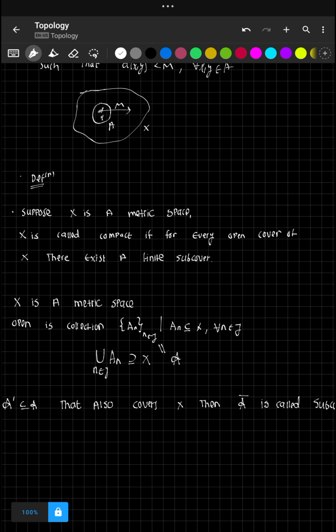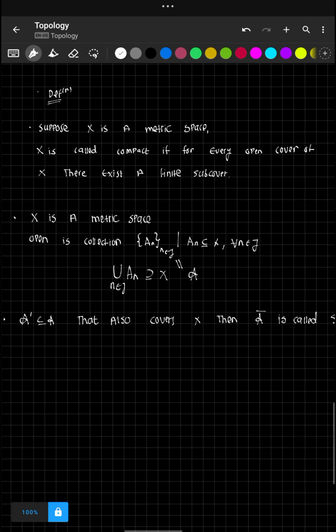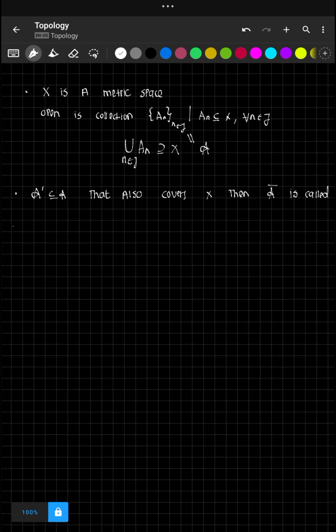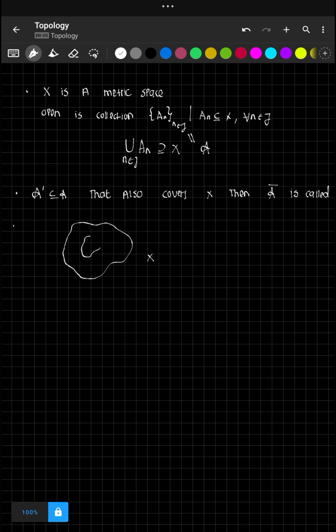Say a set X is compact if for every open cover we have a finite subcover. So if you have an arbitrary open cover, you can always find finitely many open sets from that open cover that will cover your set X. Say you have an arbitrary set X and its subset A. Now suppose I give you any arbitrary open cover like this,